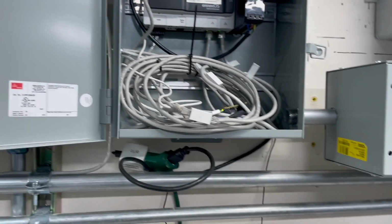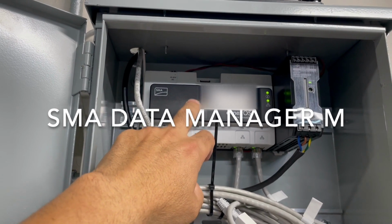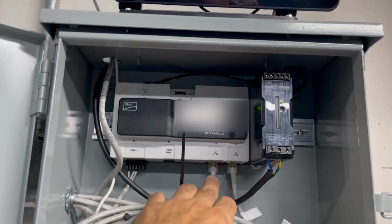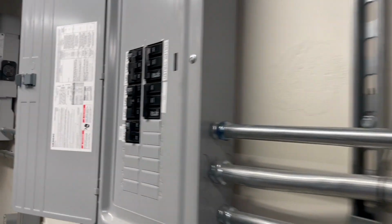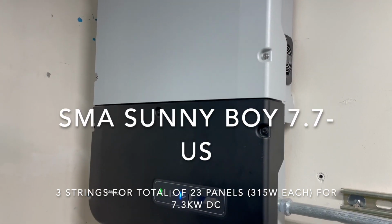So up here you can see this is SMA Data Manager M, and this is going to be connecting between here via RS-485 to the first inverter, and then it's also going to connect via Ethernet to the internet, and then the second one is going to go over here to an SMA Sunnyboy 7.7 US